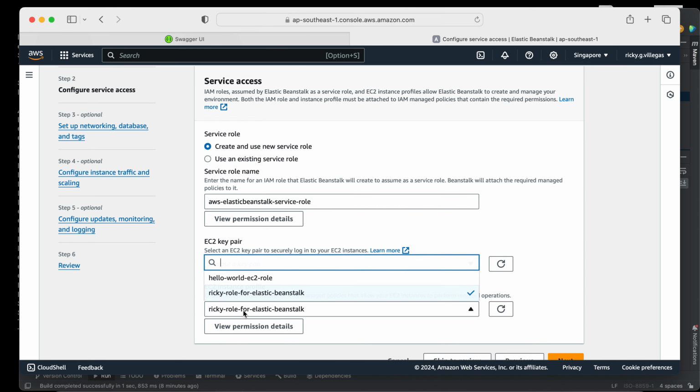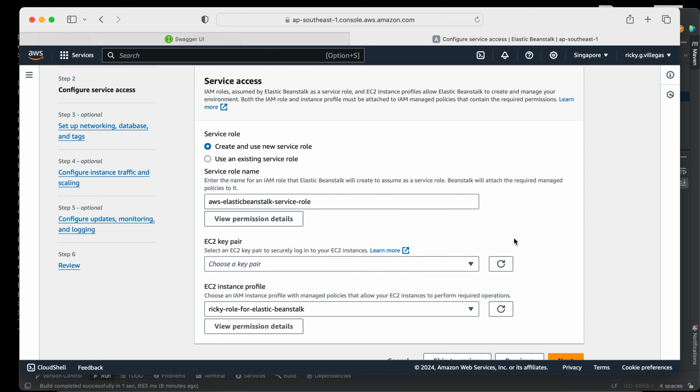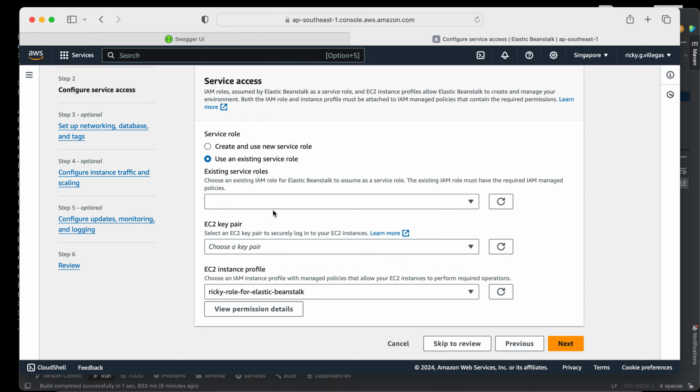But for the EC2 instance profile, you have to create it separately. If you want to know how to do that, in my previous video about Elastic Beanstalk, I show how to create this EC2 instance profile. Okay, so for now we will just use the existing one. So this is for service role.